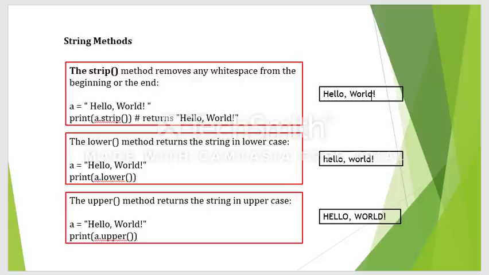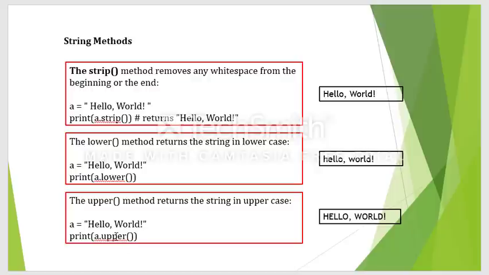You can see you have taken a string called hello world, but in front of the hello world there is a space. A is equal to, I have written some space and then a statement hello world. So when I call the strip function, it will remove these spaces which are at the beginning or at the ending. It will not remove any spaces in between the string. It will remove the spaces at the beginning and at the ending. Okay, so that is the first function called strip.